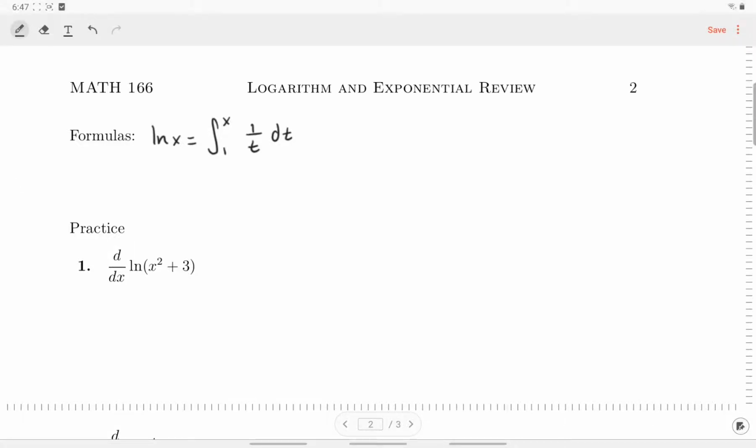In the last video, we talked about where the natural log function comes from and what it is. In this video, we want to look at just derivatives and integrals related to it. So we know the natural log function is defined to be this definite integral. That means that its derivative,